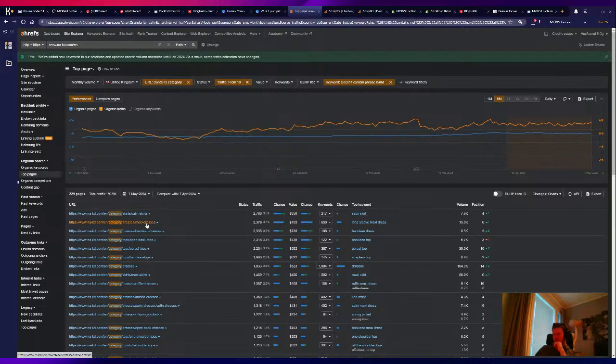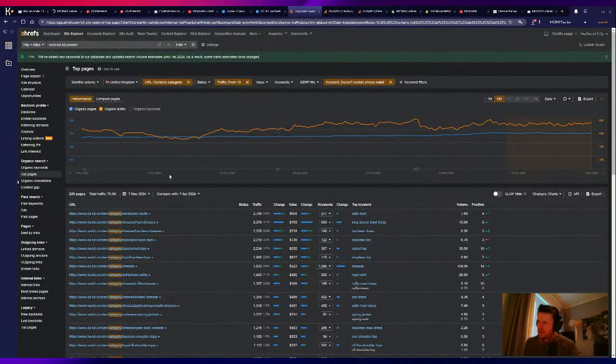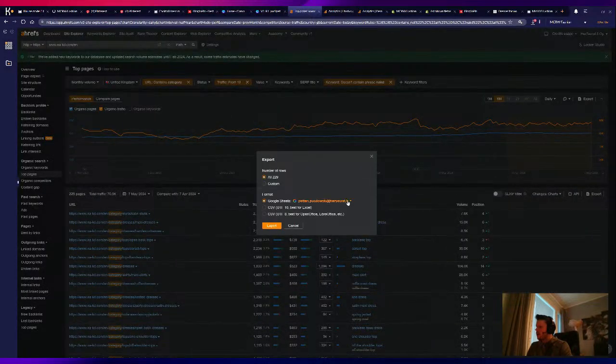All right, and now we can see the categories here. These are from most traffic to the least traffic. So we could start with skirts and satin skirts and dresses and maxi dresses, and this also gives the top keyword. So I think I'm gonna export these to Google Sheets,